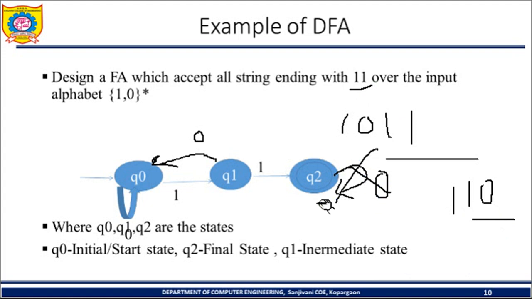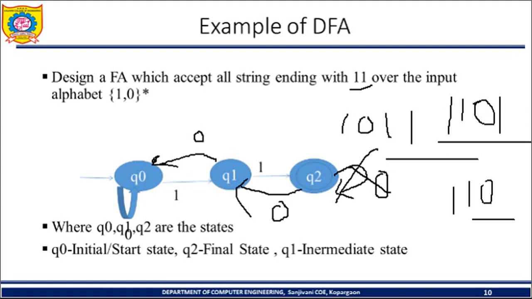Now instead of this, we'll check the previous one. If I give here, now what will happen? 1 1 0 1, 1 1, 0 and 1. We need to traverse the string from the initial to the final state. So here again you can check, it will be ending with 0 1. That is wrong because we are interested in 1 1. So this is also wrong.